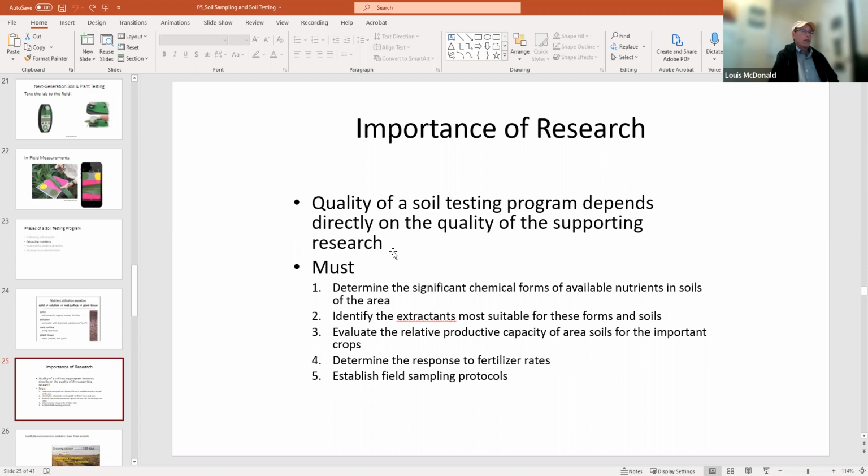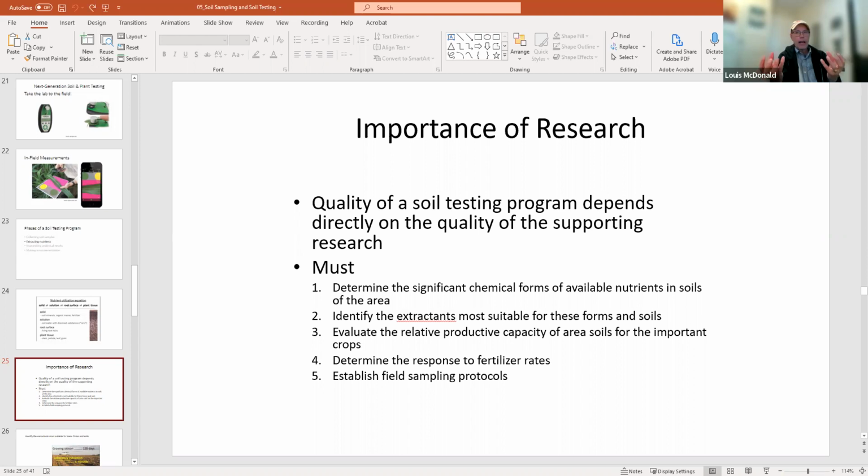The people who have made their careers doing those early yield trials, fertilizer yield trials, on how to go from a soil test value to a, let me put myself back on the screen so I can talk with my hands. How to go from a soil test value to a